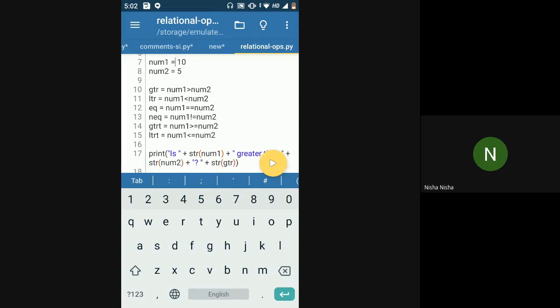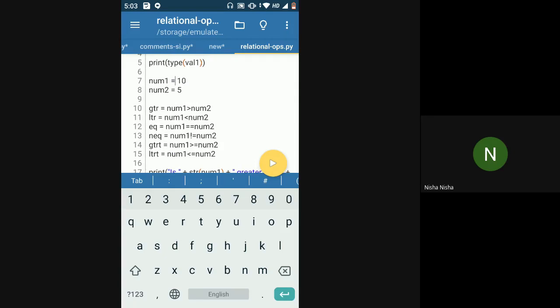And the second way you use it is in line number 12, where I have put two equal to signs in between two numbers. This is just to check if the value of the two numbers is the same or not. So in line number 12, equal to will check if the num1 variable has the same value as the num2 variable or not. In this case, 10 is not equal to 5, as you can see here. So the answer in EQ will be false.